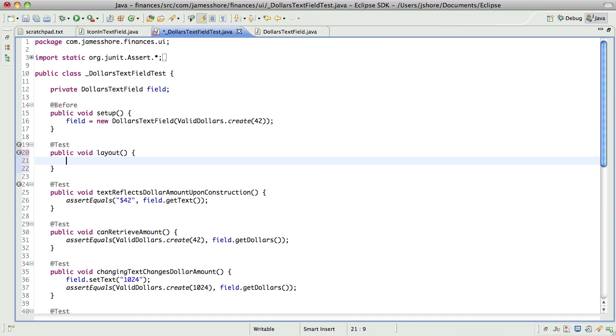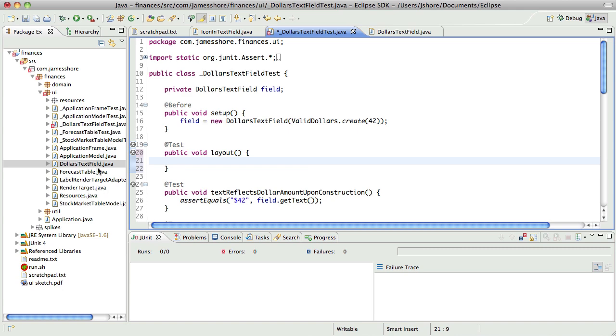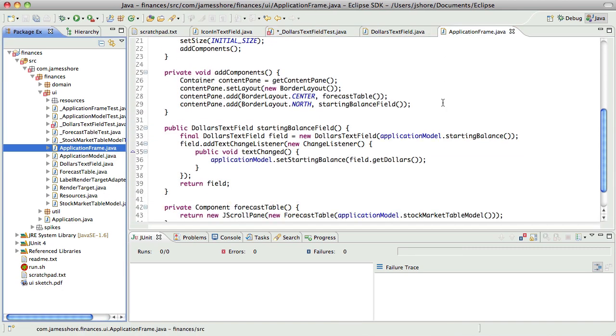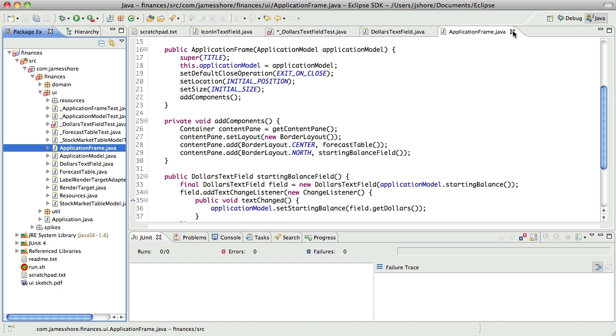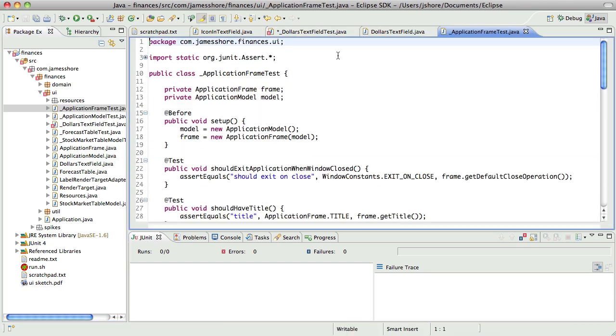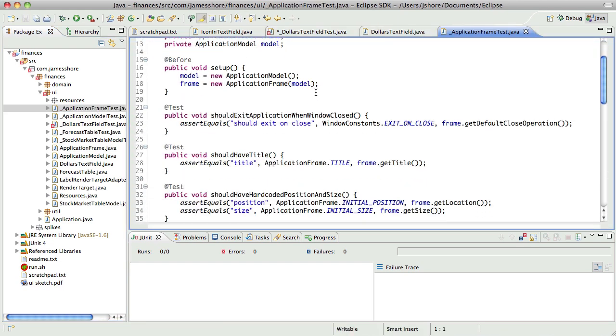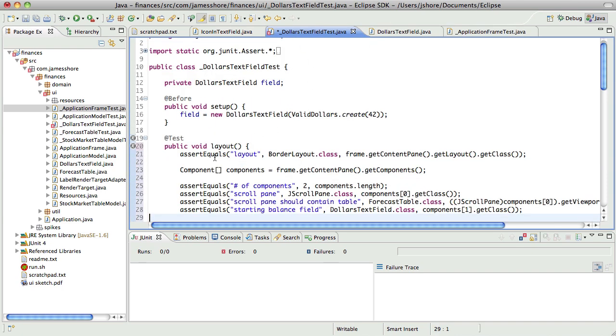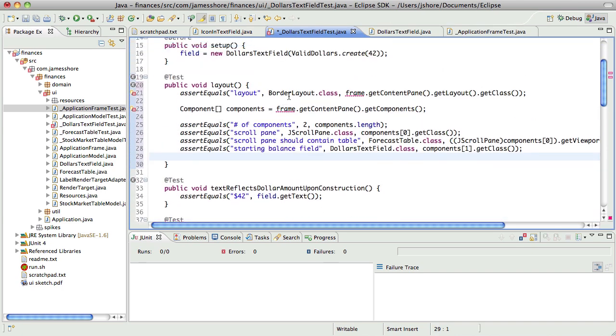And I think we've done this once before. I remember not being thrilled with the way we did this before either, but sometimes this is all I can think of. So yeah, should lay out properly. So this is basically what I did before. I'm going to go ahead and copy this pattern. Again, I'm not thrilled with it, but